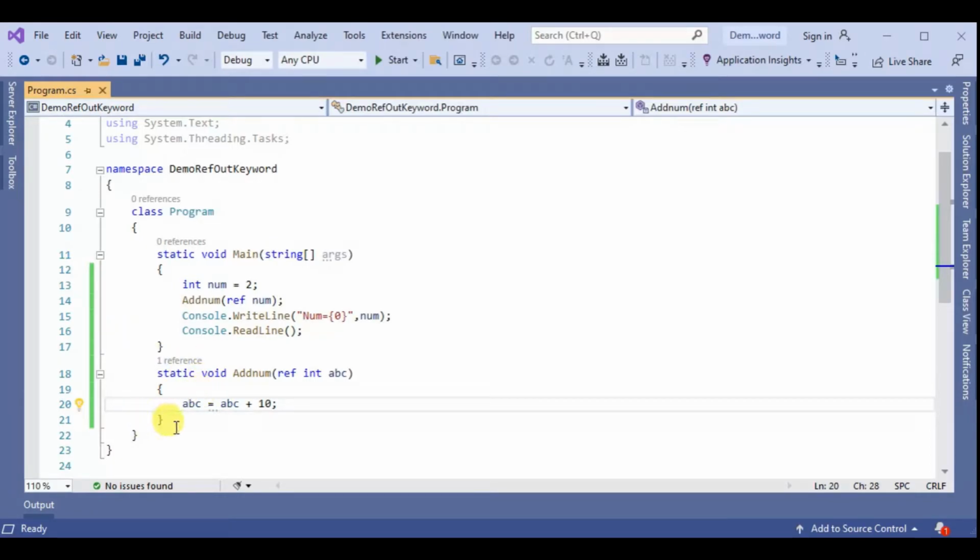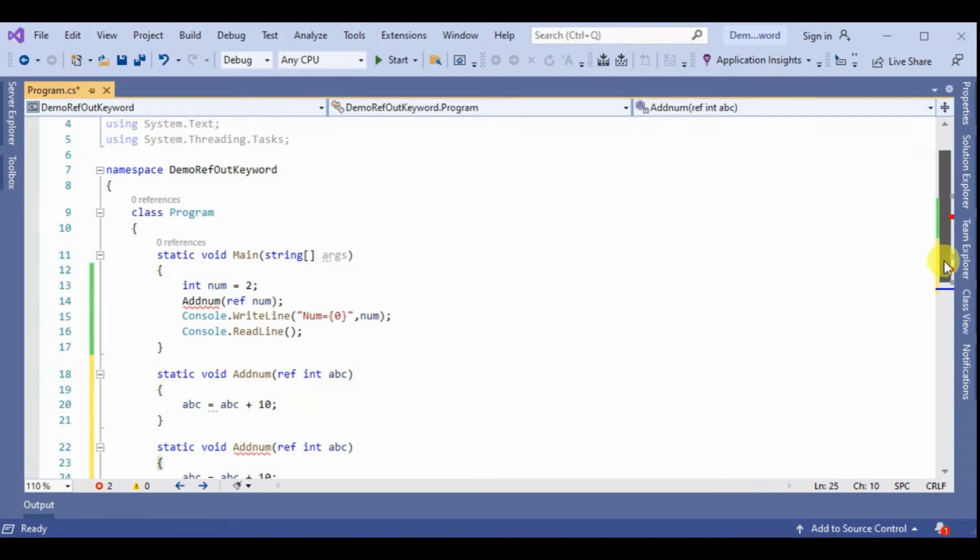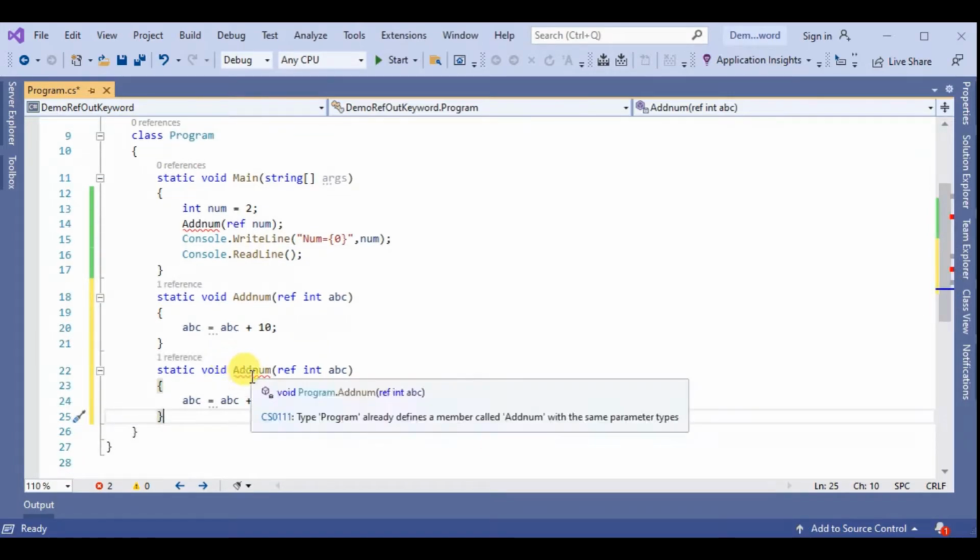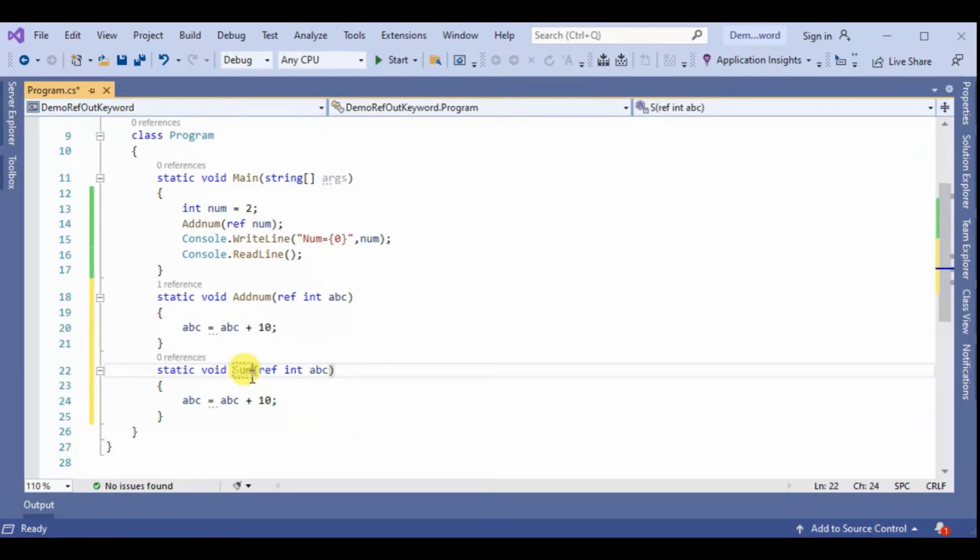Now we create one more method for the out keyword. Copy, paste, and change the name to SumNum, and change the parameter names to 1.